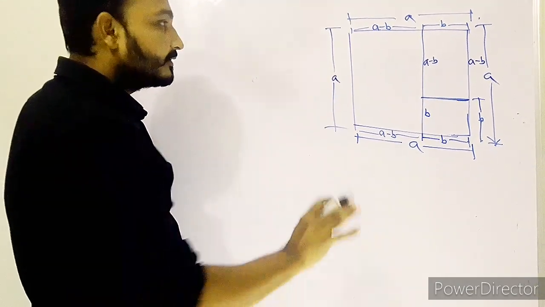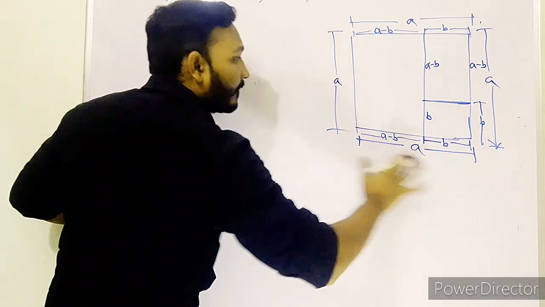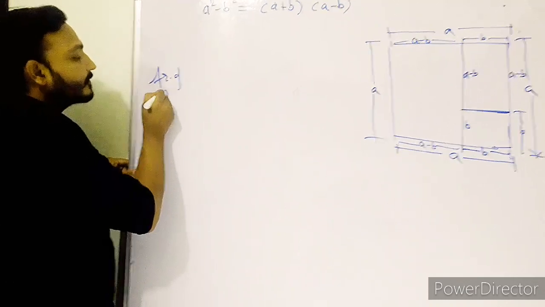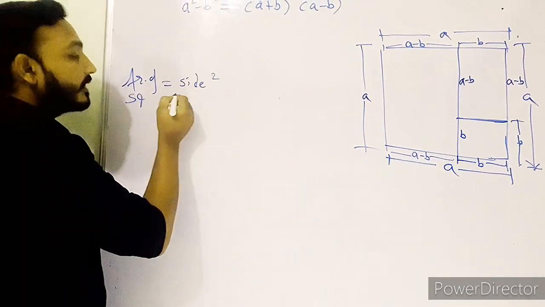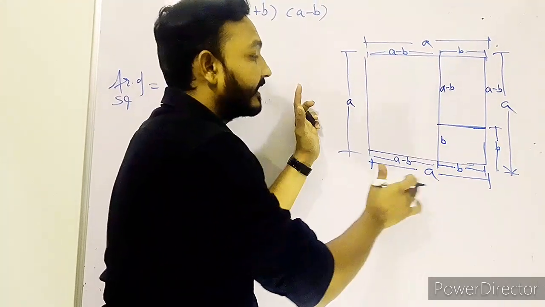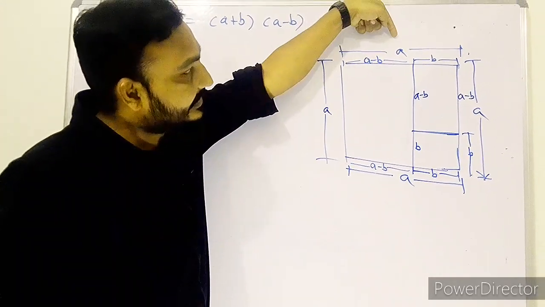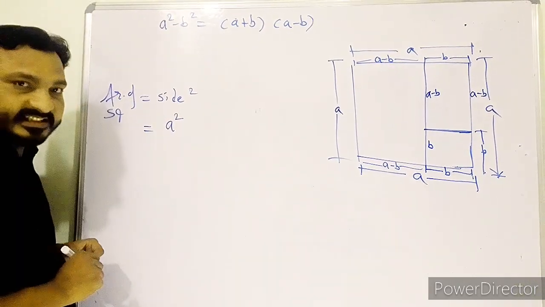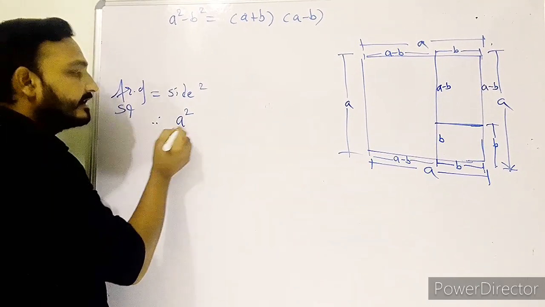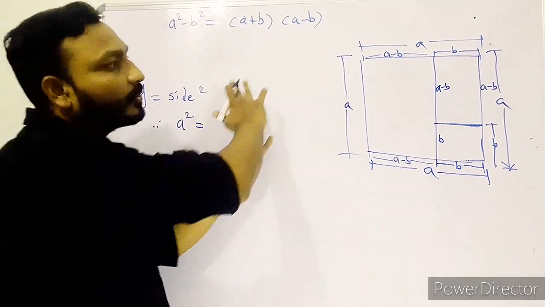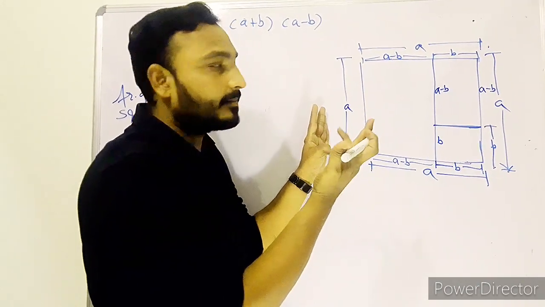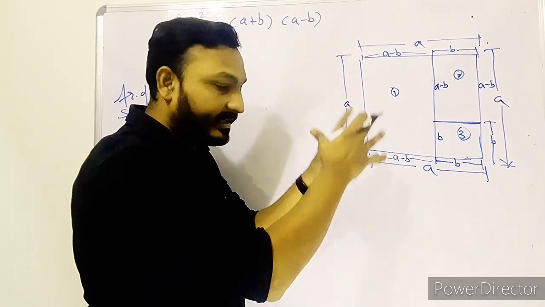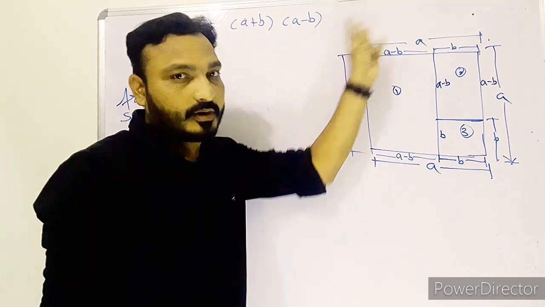अब हम काम पे लगते हैं. तो सबसे पहले बोलो, what is the area of this whole square? Area of square equals to side square. This length is A, this length is A, this one is A, and this one is also A. Means side square. But friends, ये पूरा एरिया किसके बराबर है? तो ये पहले पार्ट के, दूसरे पार्ट के, तीसरे पार्ट के, 3 पार्ट का एरिया मिलके क्या बनता है? पूरे स्क्वायर का एरिया बनता है.